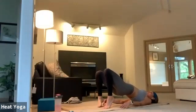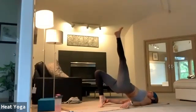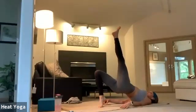Reset, heels still lifted here. Grounding down through the right ball of the foot. Extend the left toes up. Squeeze that right bum. Lift, hold. Reach through the toes, reach through the hip bones. Hold for 6, 5, 4, 3,